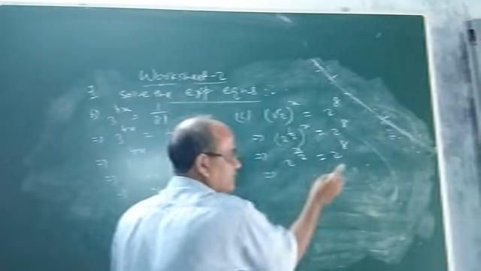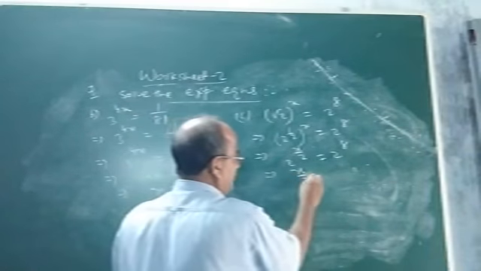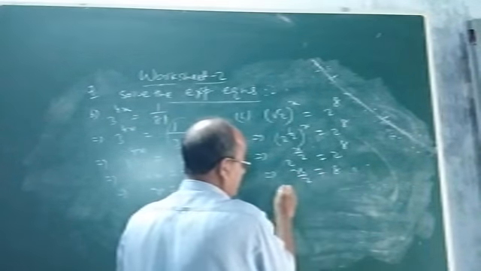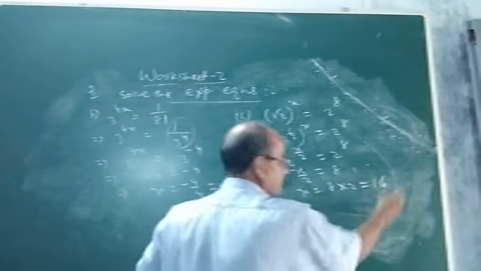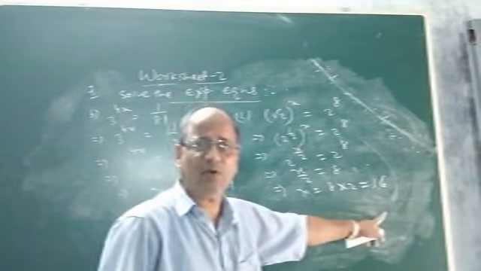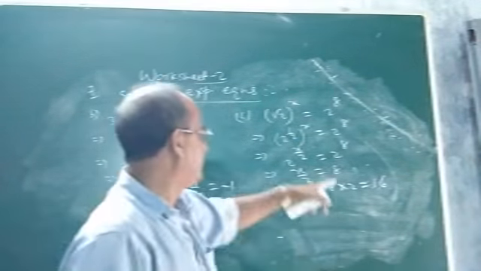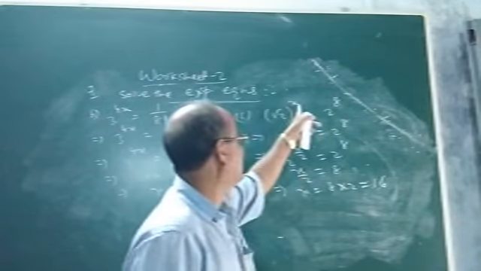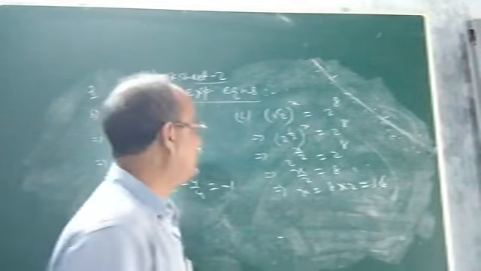As the base is same both sides, their exponent will also become same. So x by 2 equal to 8. So what will x be? x will be 8 into 2, that is 16. See, the value of x will be 16. That means x equal to 16 will satisfy this exponential equation. If you put the value of x here, you will get the same value. LHS and RHS will be same. So this is the third bit.